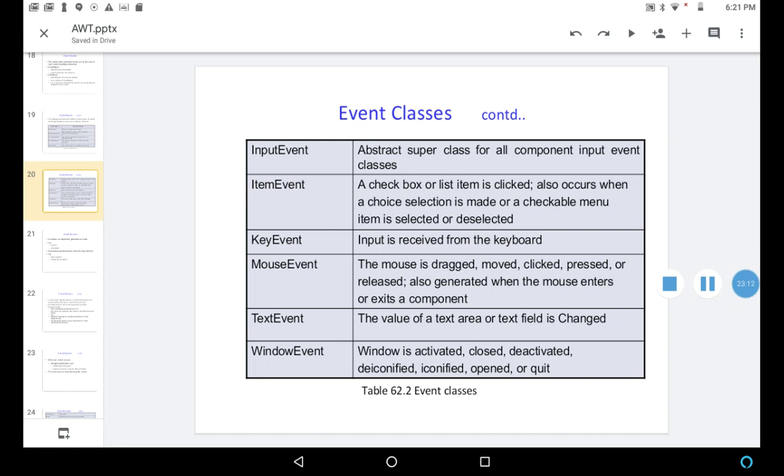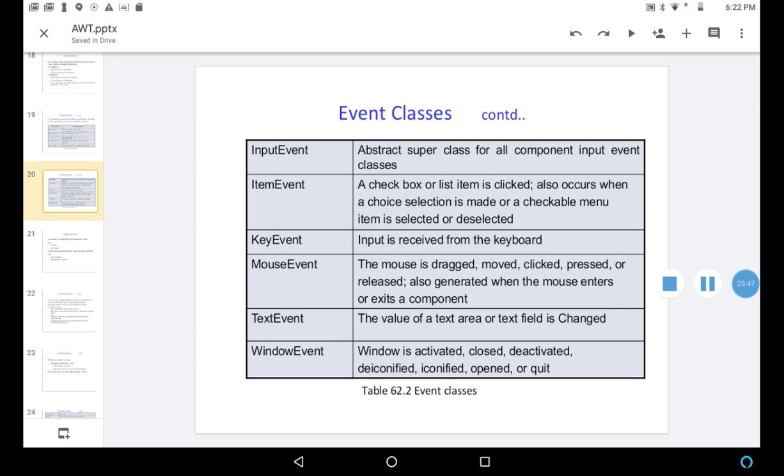ItemEvent: a checkbox or list item is clicked. The item event is created when a checkbox or list item is clicked. It is also generated when a choice selection is made or a checkable menu item is selected or deselected. When all these happen, the item event is generated.